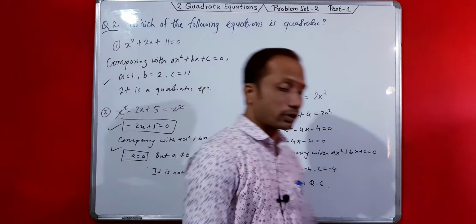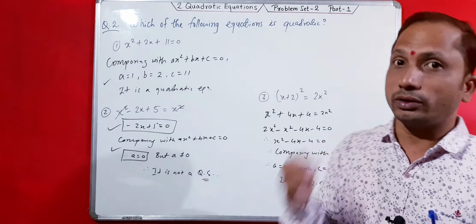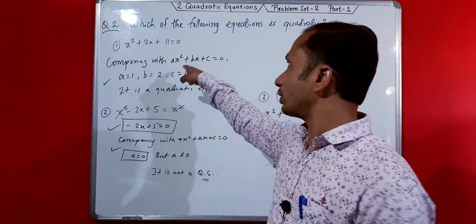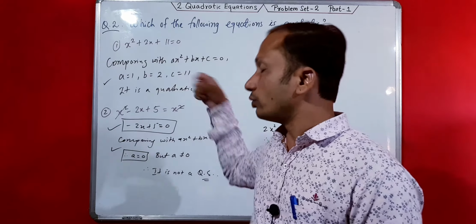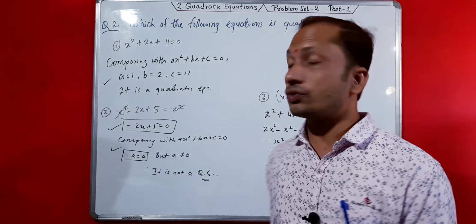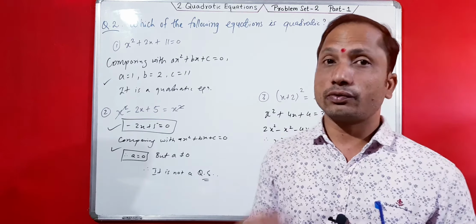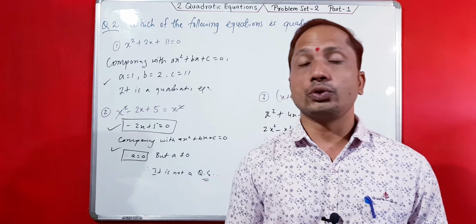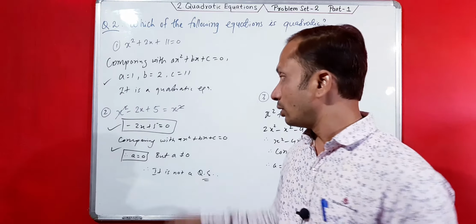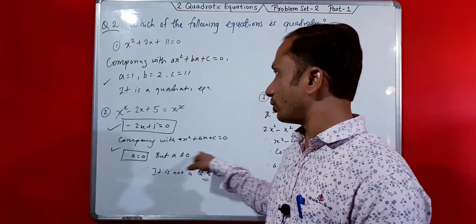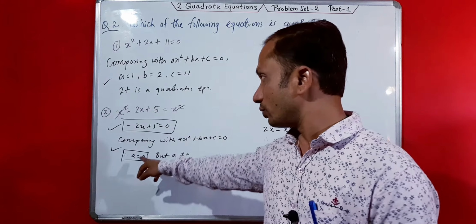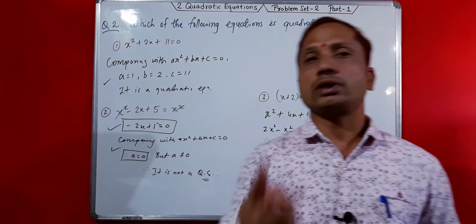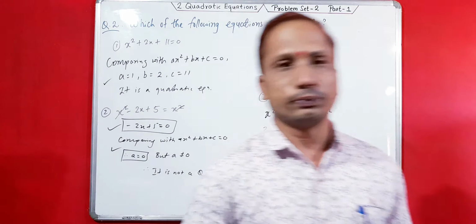So in this way you have to solve this question. This is the second question. You can solve by your own ways, own ideas, own skills. You try to understand how to write the solution. Either you write like this, or directly you can write comparing with x square plus bx plus c is equal to 0, the value of a should not be 0. If a is equal to 0, the given equation is not a quadratic equation. So the maximum index of the variable should be 2, not less than 2 or more than 2. You can write here comparing with the x square, therefore if a is equal to 0, it is not a quadratic equation. This is also another condition for a quadratic equation. So this is question number second. We have solved it, and now we are going to solve question number 3.